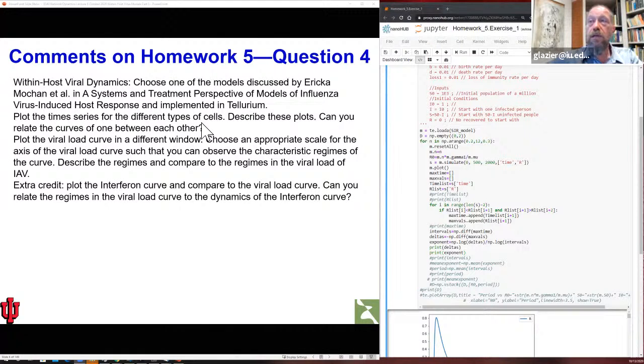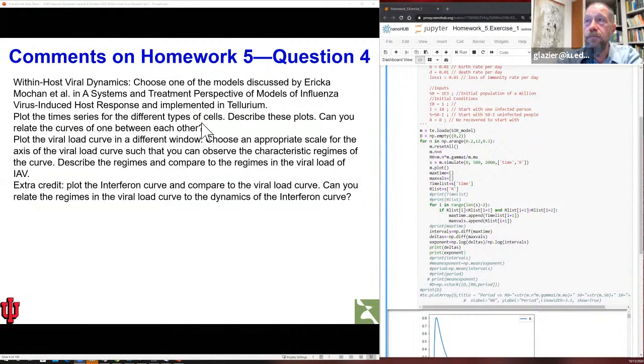And then the last one was on homework 5. Homework 5 question was question 4. And I had asked people to, this is actually, I'm going to blame Josh on this one. This is a problem suggested by Josh. And it was to look at one of the models that were in that little review paper I passed to people, and to try to implement them